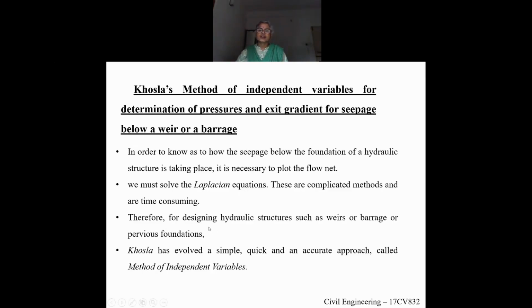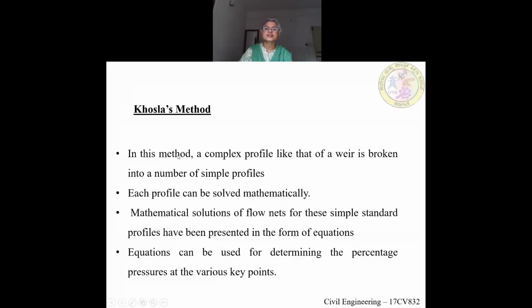So therefore, for designing hydraulic structures, Khosla has evolved a simple, quick and accurate approach called the method of independent variables. Instead of solving the Laplace equation, which represents the two curves of the flow net, here a complex profile like that of a weir is broken into a number of